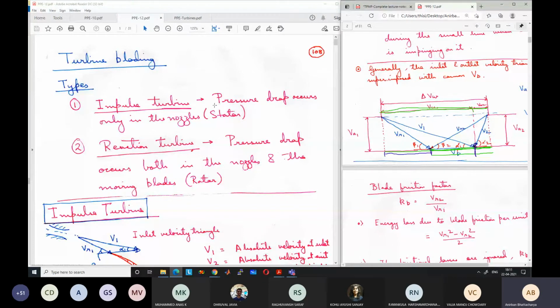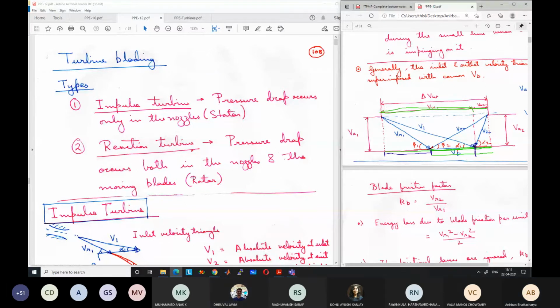Right now what we are studying is the impulse turbine. There is a second type of turbine where there is an enthalpy drop even in the moving blades or rotors. For this type, we extract more energy from the fluid even in the moving blades. We will study this later on. So both can happen, and this second type is known as the reaction turbine. We have not yet studied it. Is your question clear? Very good question.